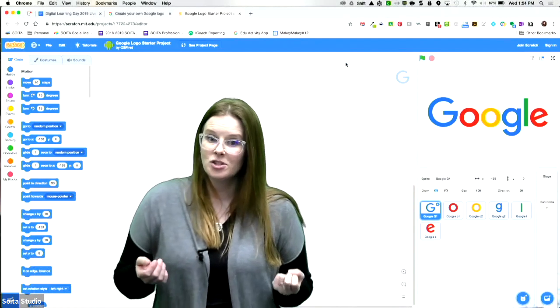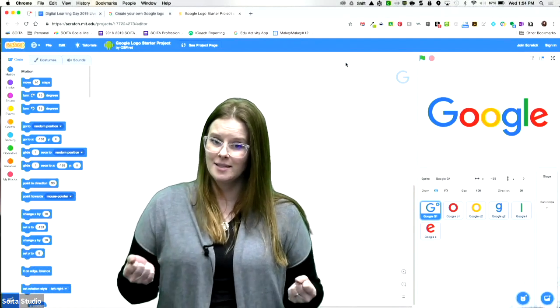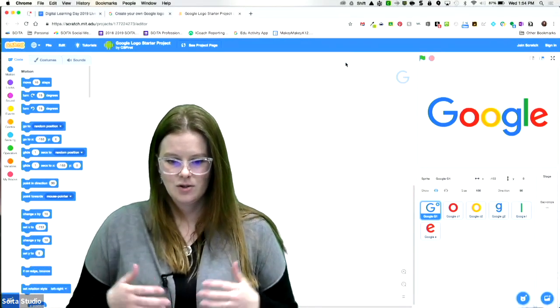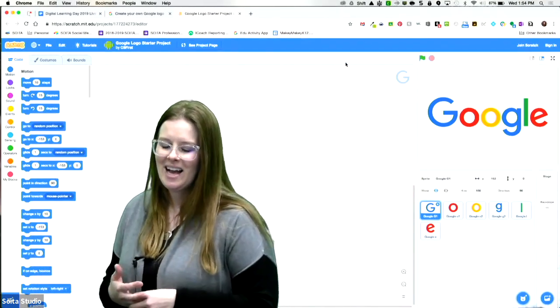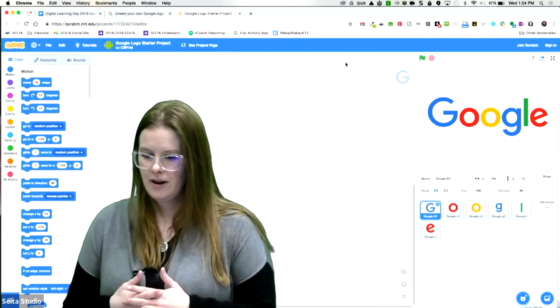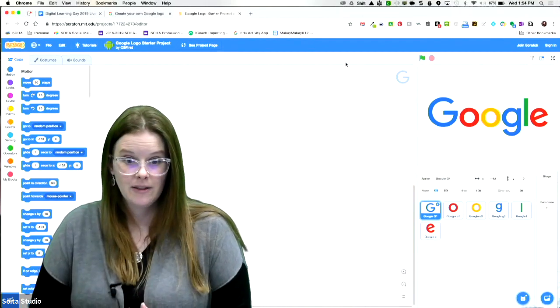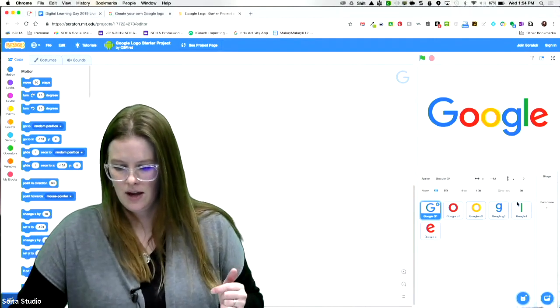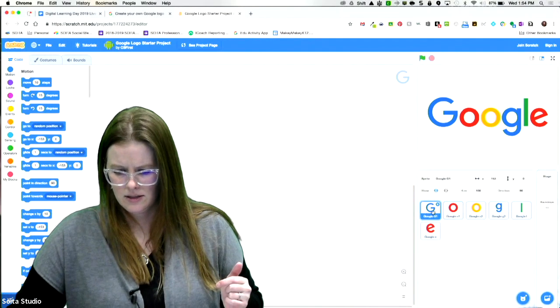Those of you that have been in Scratch before and are thinking, this doesn't look right, this is the updated version. This is 3.0, so hopefully they're all in 3.0 now, but since 3.0 rolled out this year, 2019, that's what all of these are going to be in. Okay. All right, so